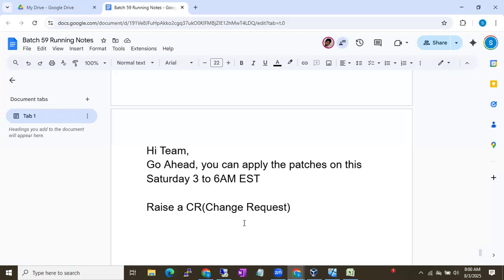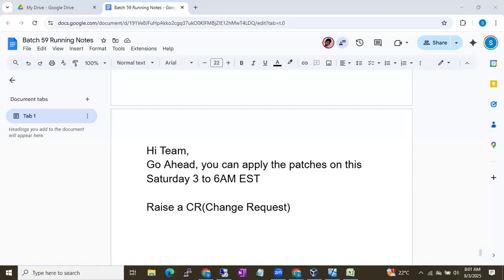Any changes, big or small, it can be patching, it can be a script execution, it can be a new database creation, it can be an existing database deletion, it can be a restart, it can be enabling any option, it can be disabling any option. So anything that you are doing on the production servers, you have to do with a valid, proper change request. Without that change request, you cannot proceed, because